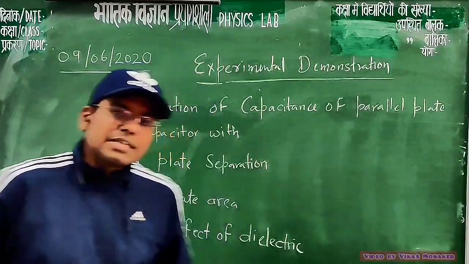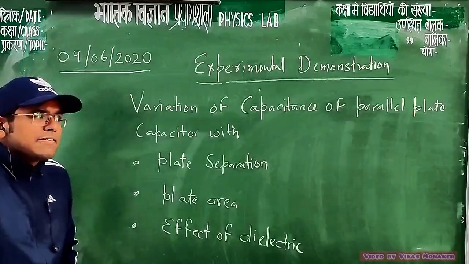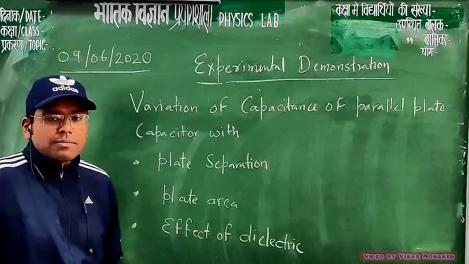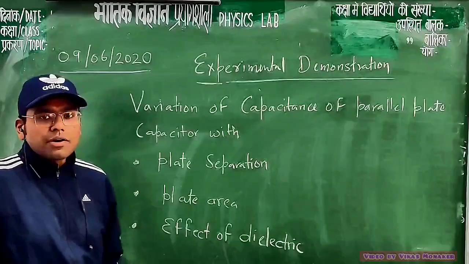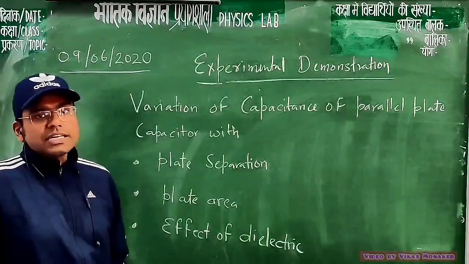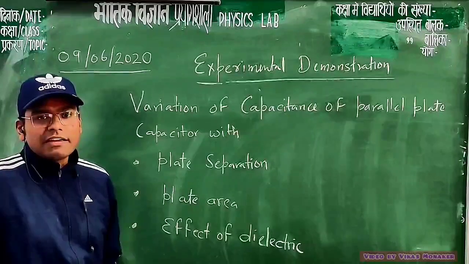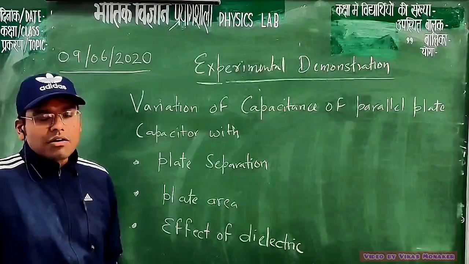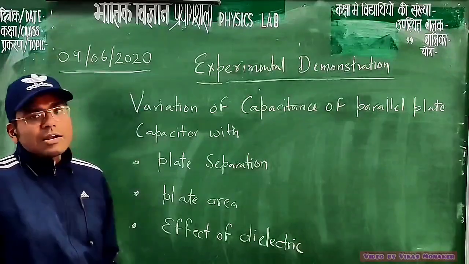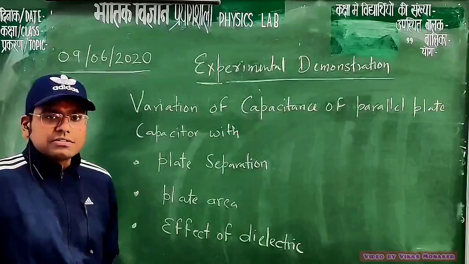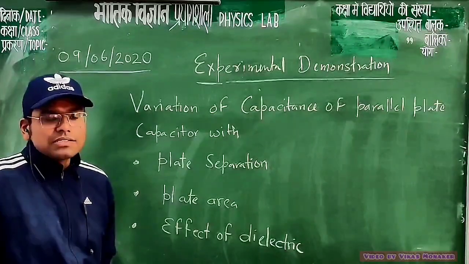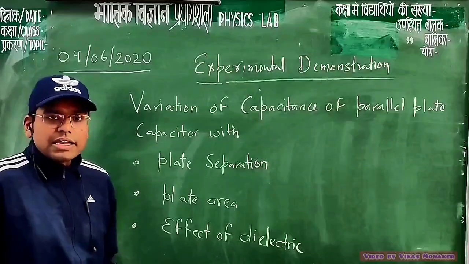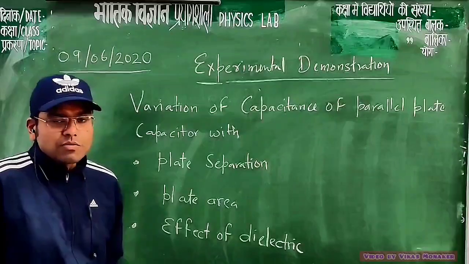You have studied laws of series and parallel combinations. For example, if two capacitors are connected in series combination, then their net capacitance is given by 1 upon Cs equal to 1 upon C1 plus 1 upon C2. But today in this video, we will try to experimentally verify whether this formula is correct or not. Very similarly, we will try to verify the laws of parallel combination, which you are aware of, that Cp equal to C1 plus C2. So let me set the experimental arrangement, then I'll explain about it. So you please watch the video.